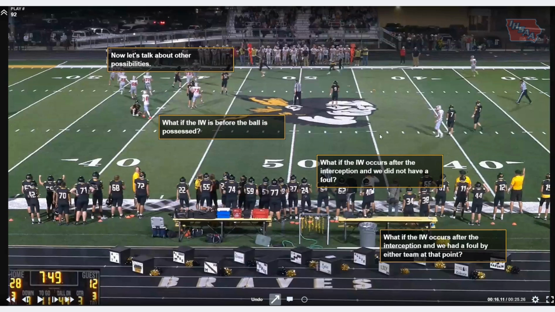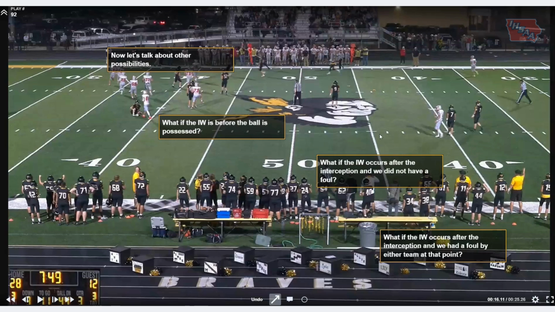If there's an inadvertent whistle when a team is in possession, that team has the choice of replaying the down or having the ball at the spot it was located when the inadvertent whistle occurred. Obviously, the defensive team in that case would want to keep the ball, so they would have the ball at the place it was located when